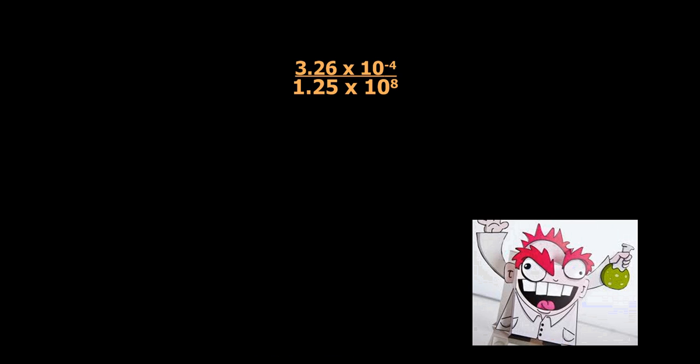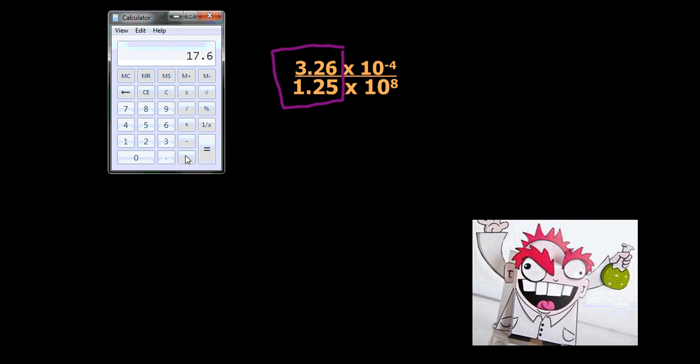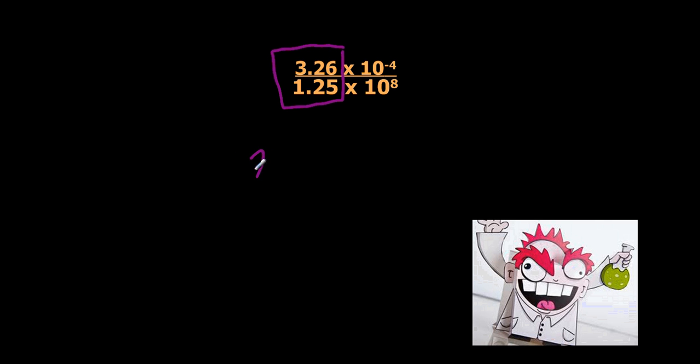All right, here we go. Let's try one where it's division. So if I have division, same idea. I'm going to divide my coefficients. So I'm going to do 3 and 26/100 divided by 1 and 25/100. And I get 2 and